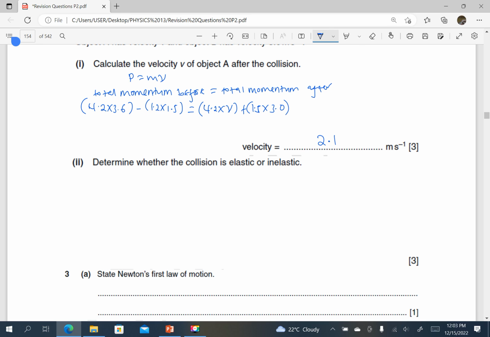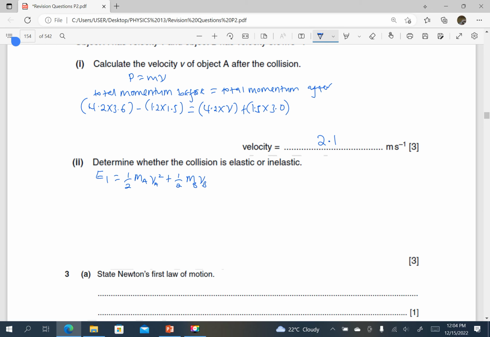Determine whether the collision is elastic or inelastic. You can check this using kinetic energies. You can check this using relative speed of approach. So I'll use kinetic energy, total kinetic energy before collision. I'll call it E1. This is going to be a half times the mass of body A, I'm just using the expression for kinetic energy, speed of A squared, plus a half mass of B,